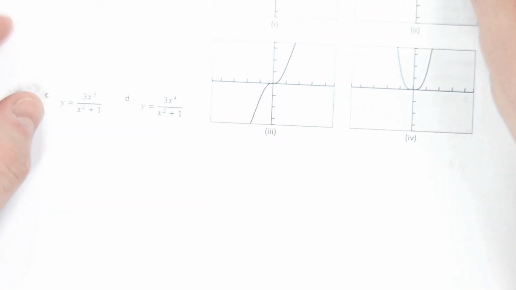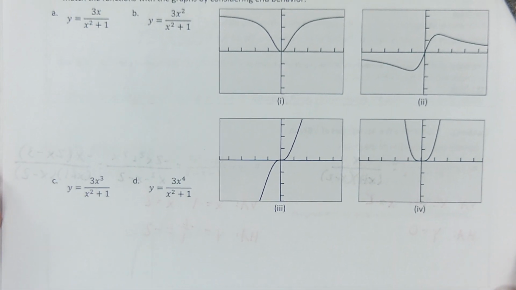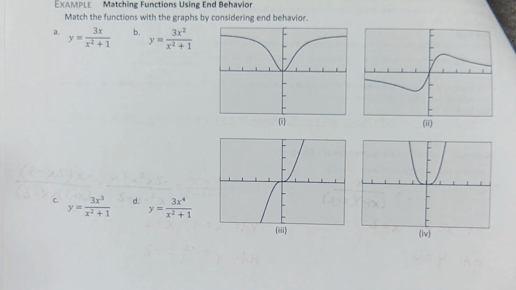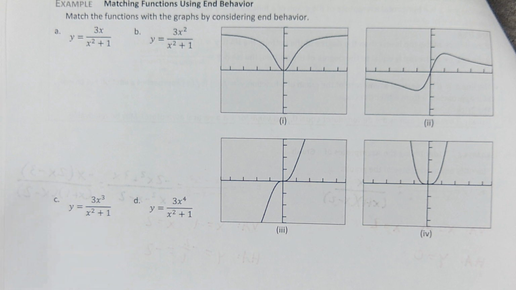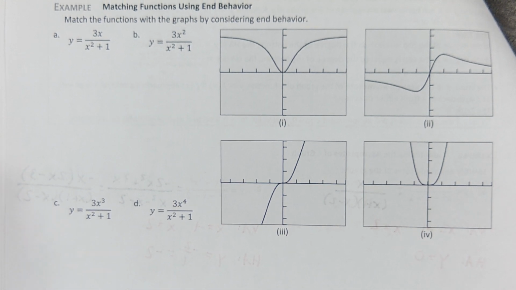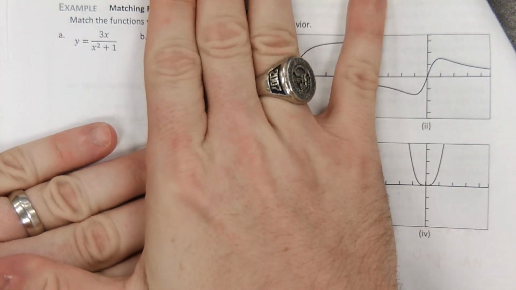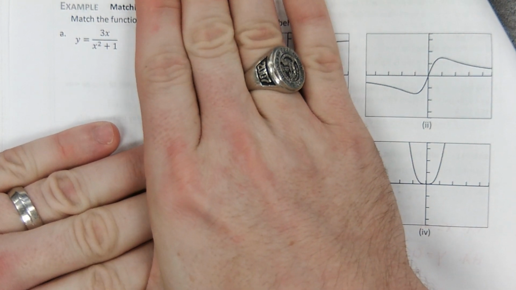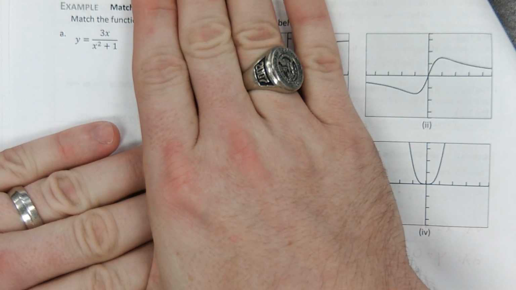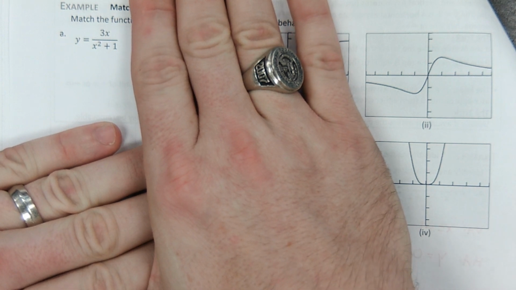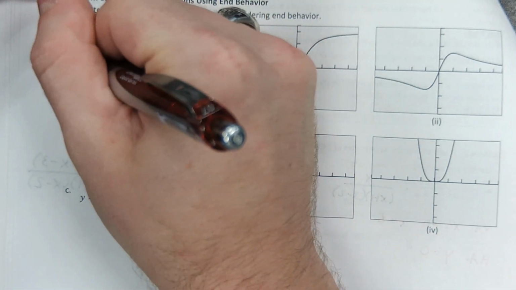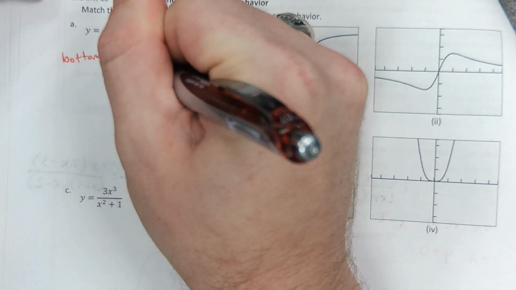That allows us to look at graphs and equations and match them up without really knowing much about them. This first graph, or first function, excuse me. What do you notice about it? It's bottom heavy. Since this first one is bottom heavy, we automatically know that it has a horizontal asymptote, and specifically that horizontal asymptote is going to be the x-axis